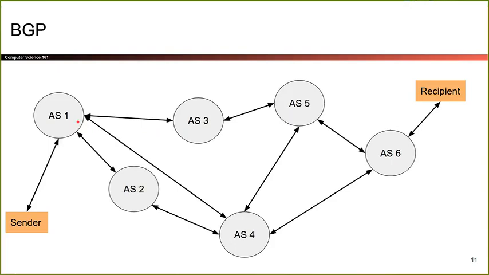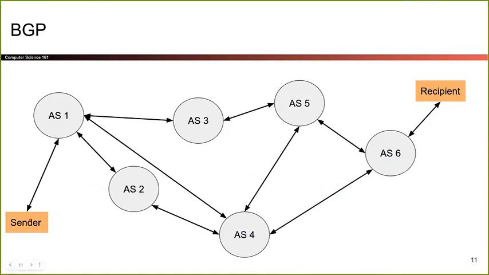For example, I can get directly from system 1 to system 4 if I want to, but I can't get directly from autonomous system 1 to system 6 because there's no link between the two. So there's no router that can route packets between those two networks, which is fine because there's a graph structure, so I can generally get from anybody to anyone else.